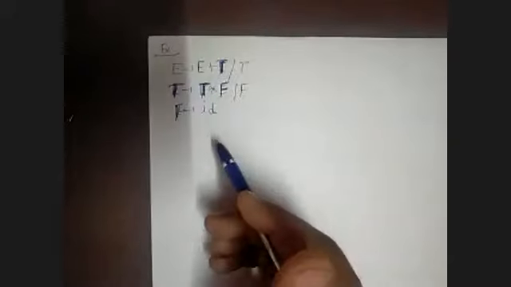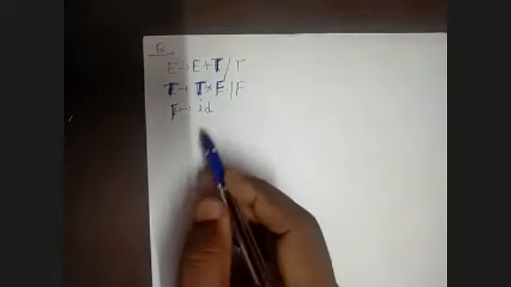that is not possible, because these particular production rules are left recursive. It is an ambiguous grammar, and both characteristics are available in this production: it is ambiguous and left recursive. So first we remove the left recursion and check whether the grammar is ambiguous or not, using the rule for removal of left recursion.